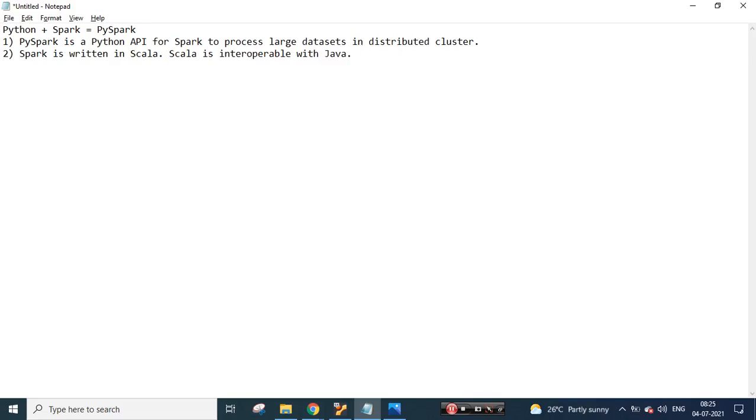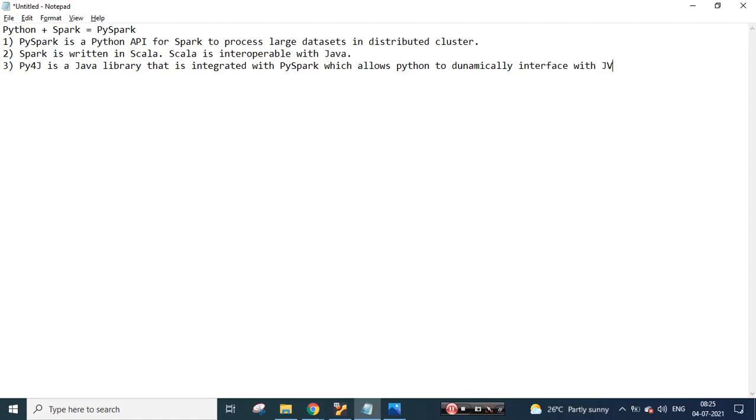How can I have that capability? There is a person, and that person is nothing but the Py4j library. If you remember yesterday when I was trying to configure my PyCharm, I was trying to install this module or package, Py4j. What is it? Py4j is a Java library that is integrated within PySpark, which allows Python to dynamically